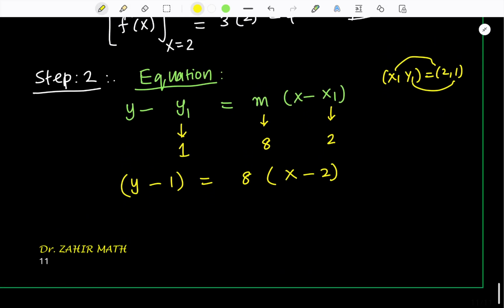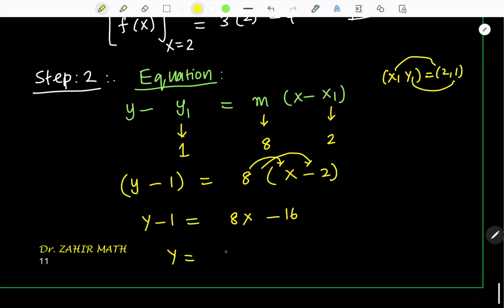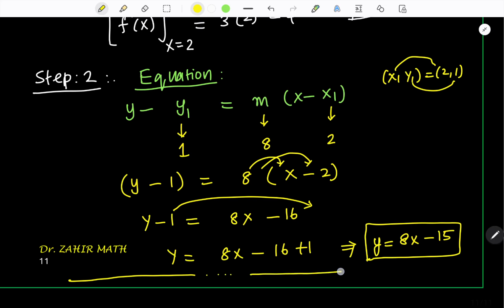Now we need to simplify. So y minus 1 equals 8 times x, which is 8x, and 8 times 2 is minus 16. So y equals 8x minus 16, and this 1 goes to that side as plus 1, which implies y equals 8x minus 15. So y is equal to 8x minus 15. This finishes your revision exercise 3.1,